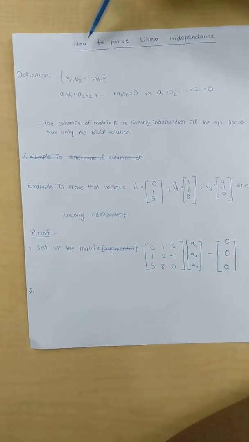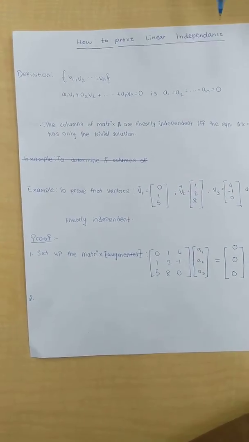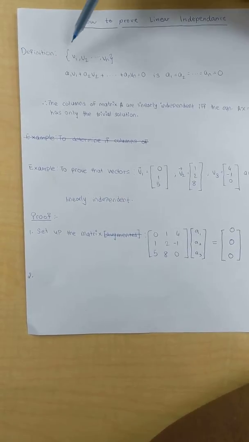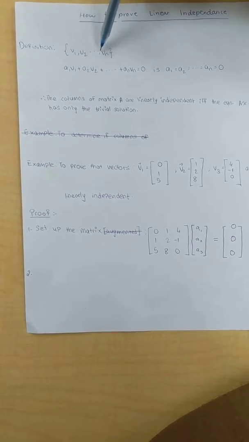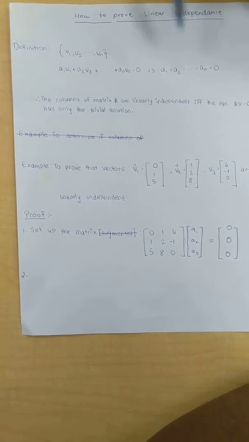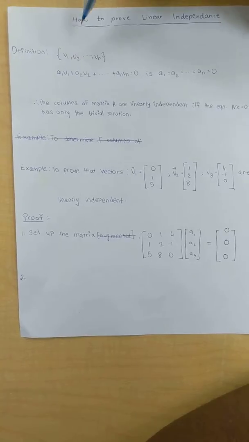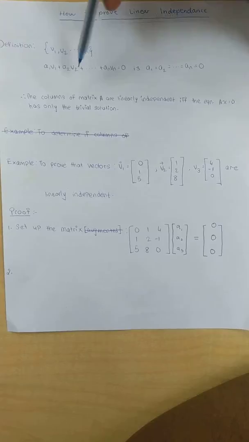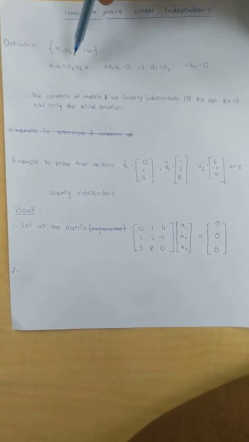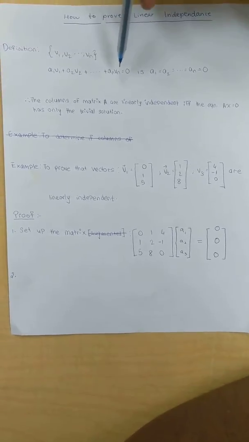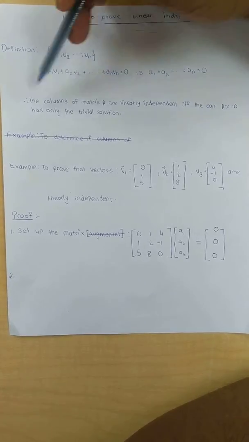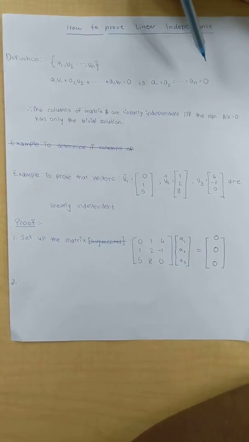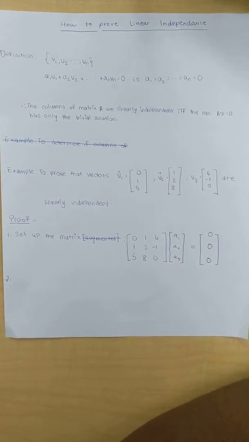So in this video we're going to go over how to prove that a set of vectors are linearly independent. Essentially, if you have a set of vectors v1, v2, v3 all the way to vn, and certain coefficients for these vectors a1, a2, a3 all the way to an, corresponding to a1 v1 plus a2 v2 all the way to an vn. If this equation equals 0, wherein all the coefficients are 0, then that means that those set of vectors are